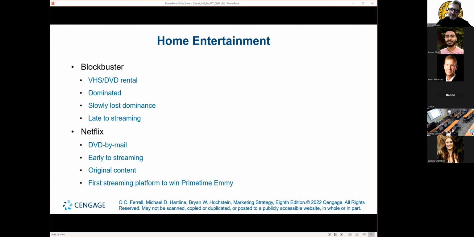And at the same time, Netflix was premiering with their DVD by mail. And so you had a subscription service with Netflix, like $5 a month. You could rent as many DVDs as you wanted, but you could only rent them 1 at a time, or you could rent them 2 at a time. But as soon as you got the DVD, you mailed it back in the mailer. As soon as they got the mailer back, they'd mail you the next one. That was the other thing that started breaking the mold in the weekend kind of DVD things.